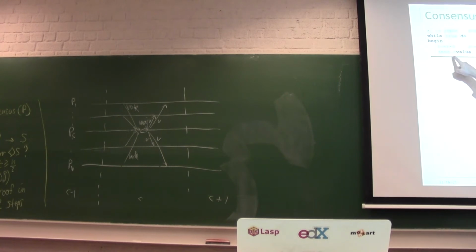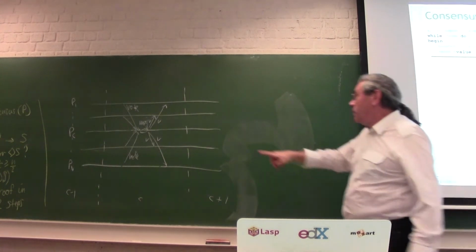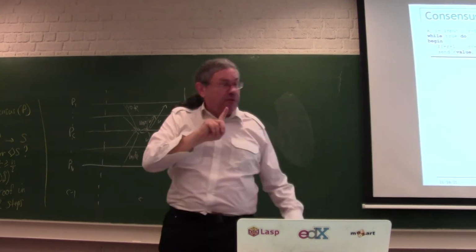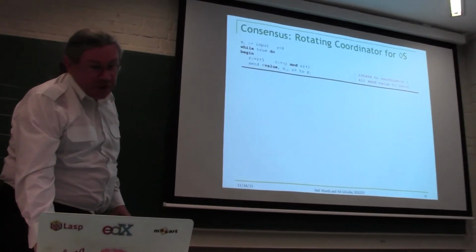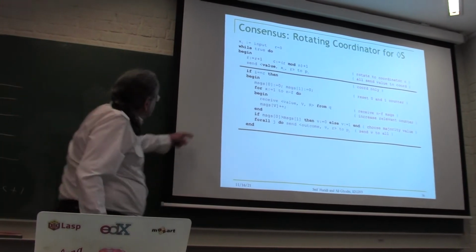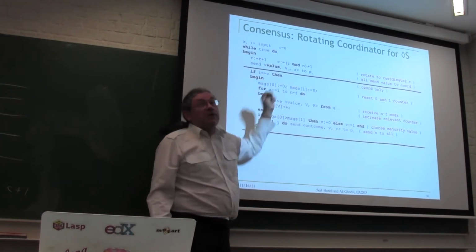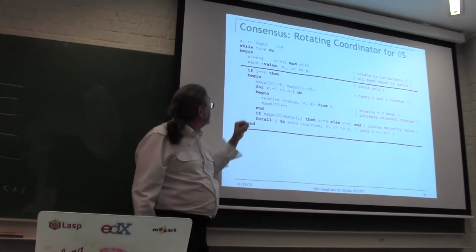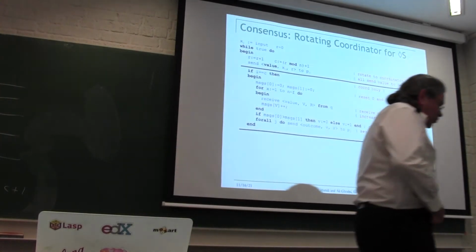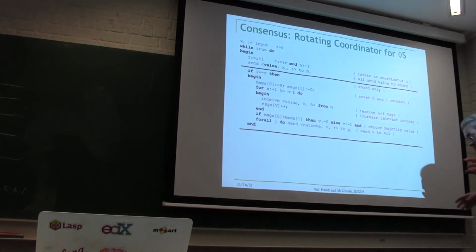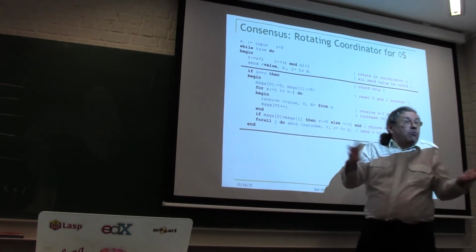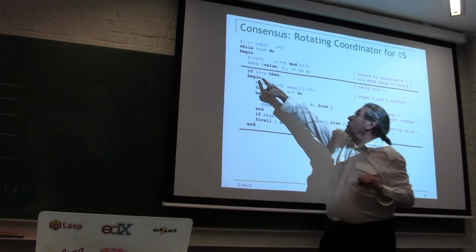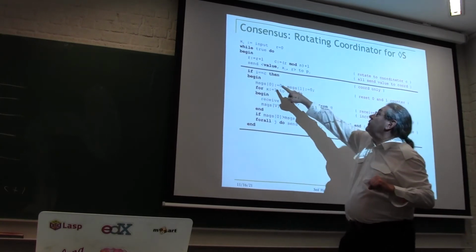So I'm now sending my value to the coordinator, which is PC. All nodes will send to the coordinator. That's the first piece. There are 3 pieces. In the second piece, there's an if statement: if I is equal to C. This code is only running on the coordinator. It's the same instructions on all machines because all nodes will eventually be coordinators. So the code has to be there, but it only runs if I is equal to C.